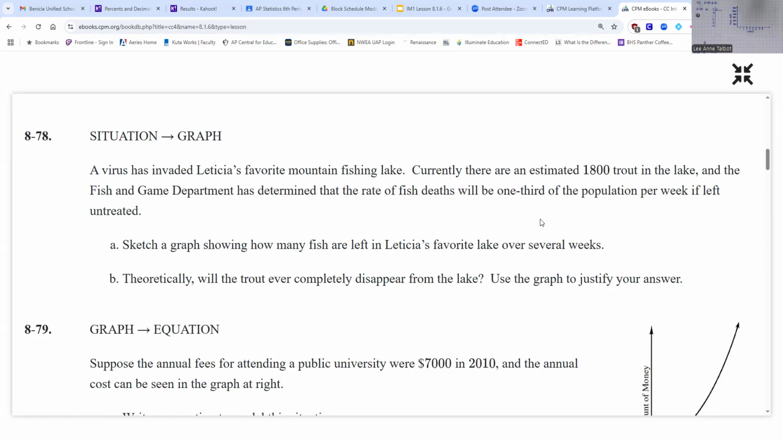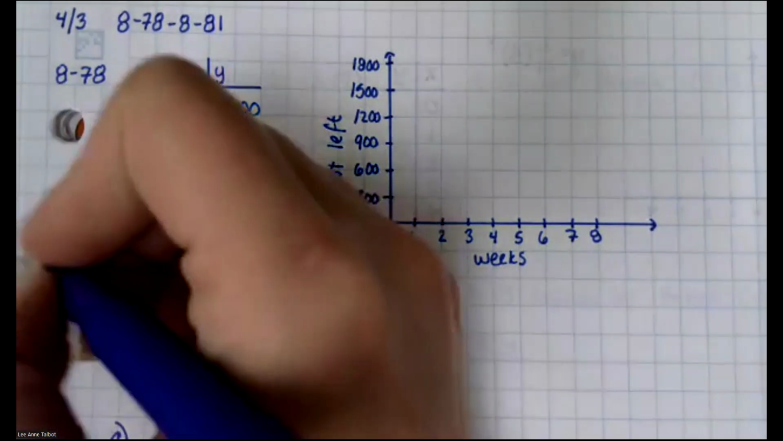Okay, so in your table, can you guys please put 1,800 at the start? So next to the zero, put 1,800. That's the current amount in the lake. And it says that the rate of fish deaths will be 1/3. So that is